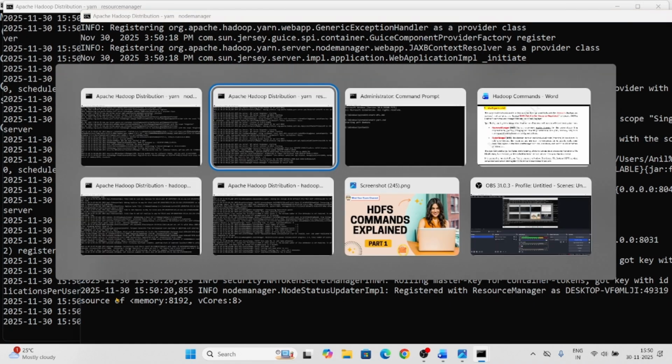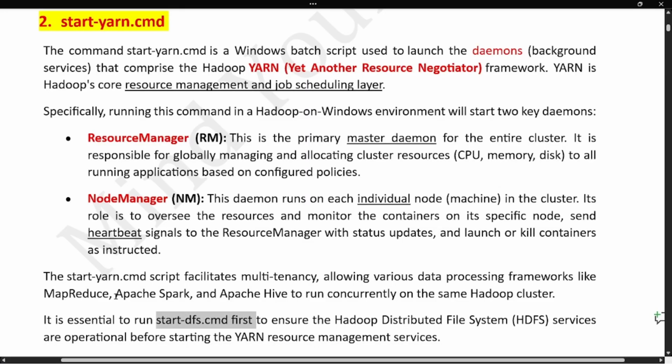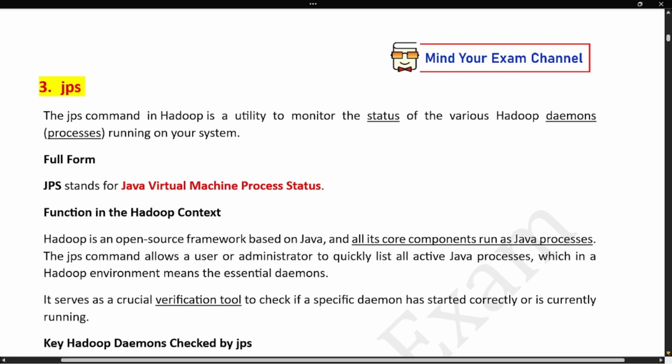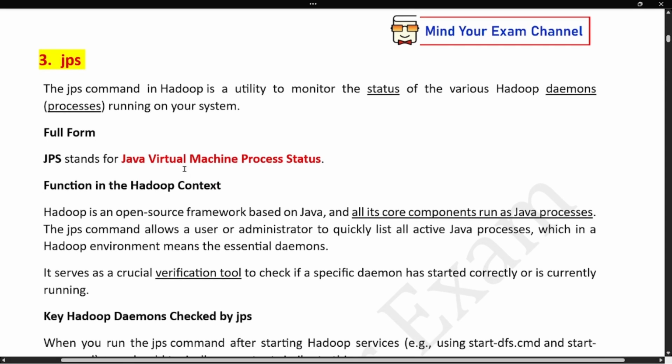Okay, now once we are done, let's come to the third command, which is the JPS command. The JPS command basically stands for Java Virtual Machine Process Status. So what it means is that using this command, we want to see the status of various Hadoop daemons, the Hadoop processes that we have started. And why do we need Java Virtual Machine for that?